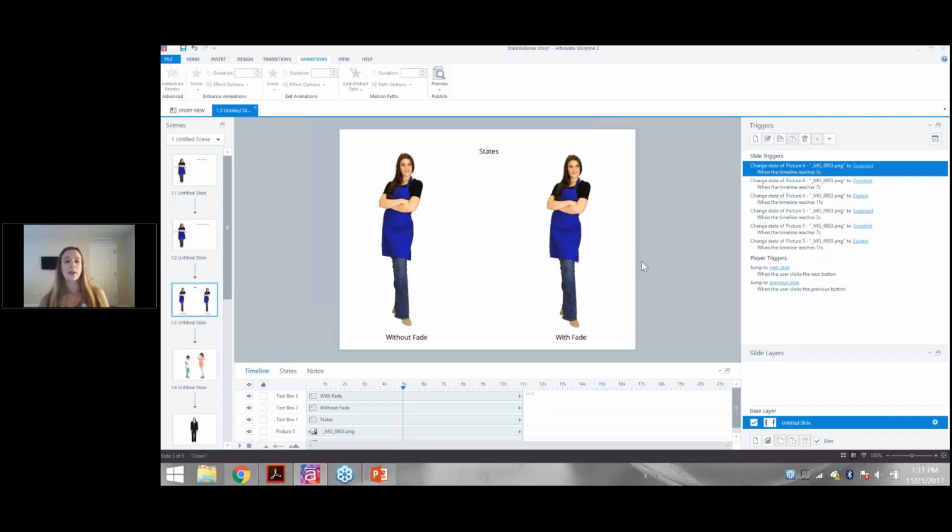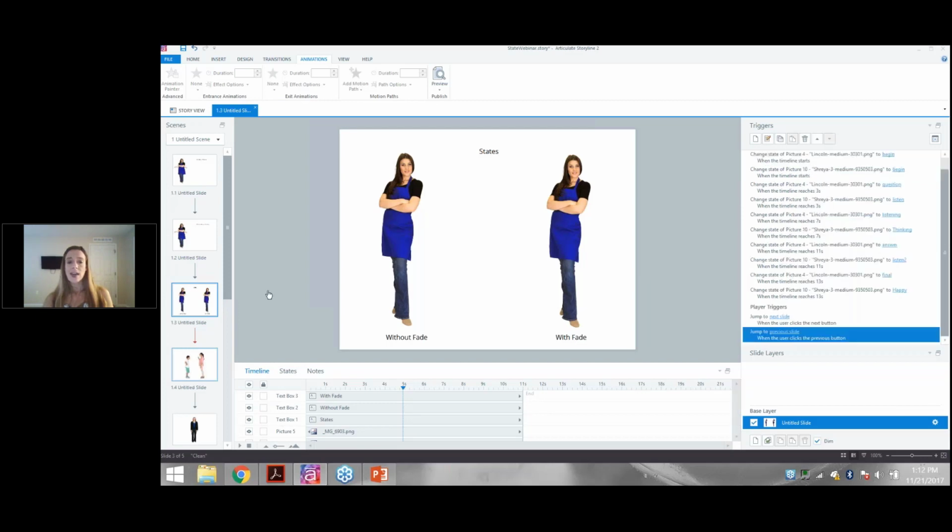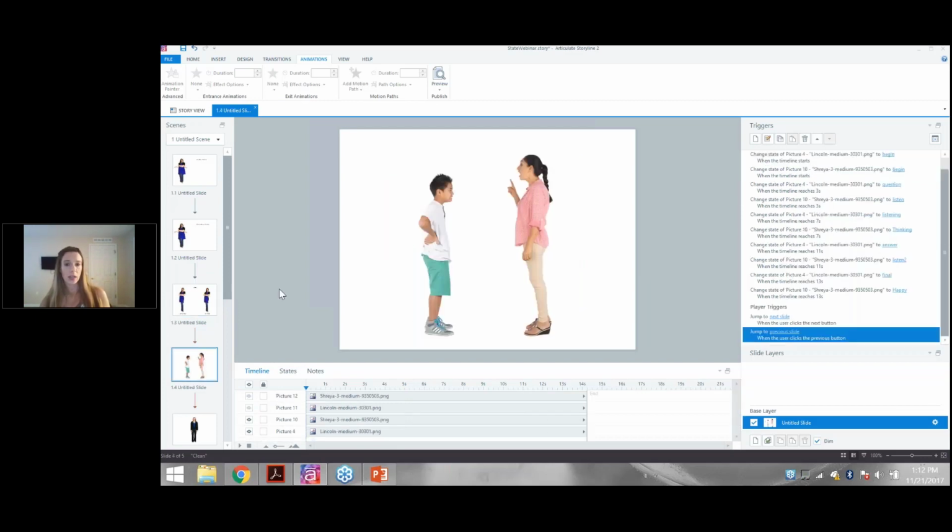Okay, so now it's pretty easy. We don't really have a problem when it comes to changing our states when there's one character because they're not really interacting with each other, so it's no big deal. You just have to change their pose, basically. But when we add in another character on the screen, we then are manipulating two people, and based on voiceovers, we're changing what they're saying, how they're looking at each other, and you know, this is when states, I think,